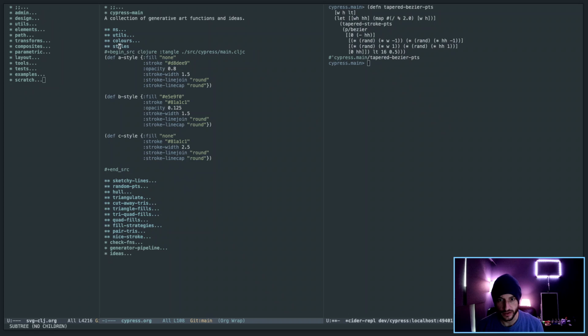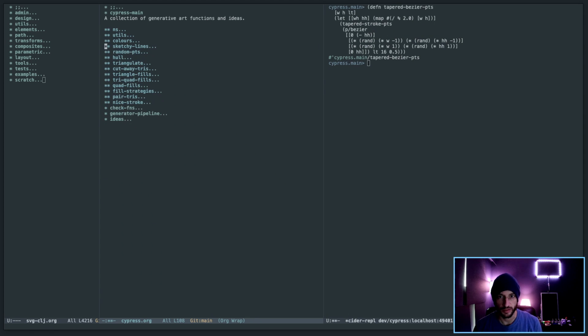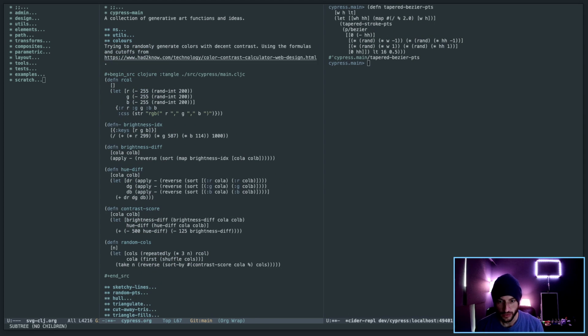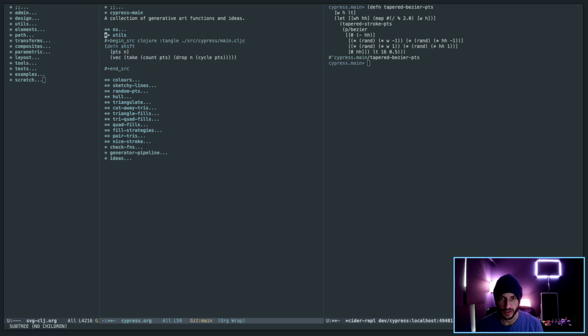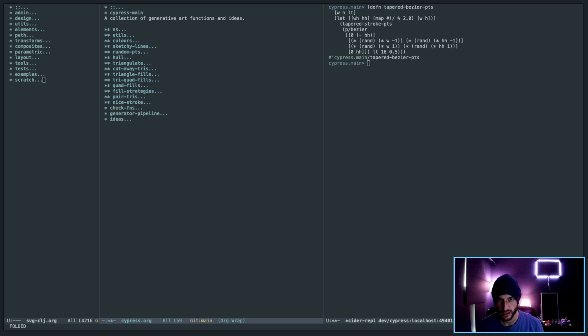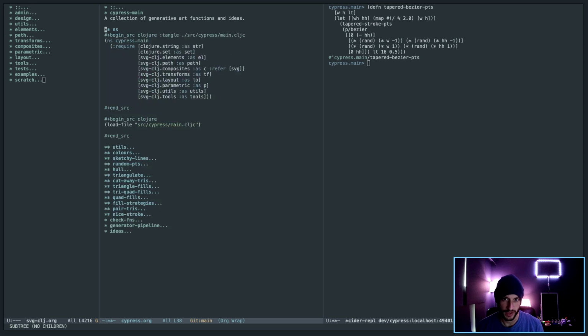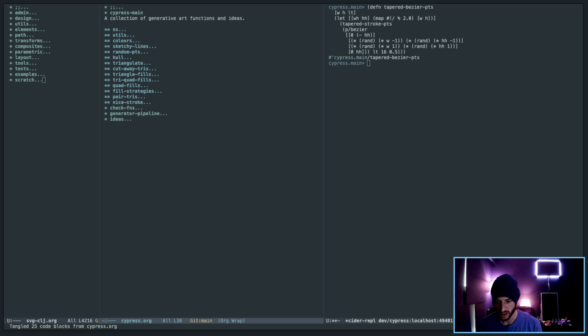This styles, I get rid of that completely. Random colors, yeah, that seems helpful to have there. Utils, I should probably clean that up, but let's leave that the way it is for now. That's fine, I hope, I think. Okay,